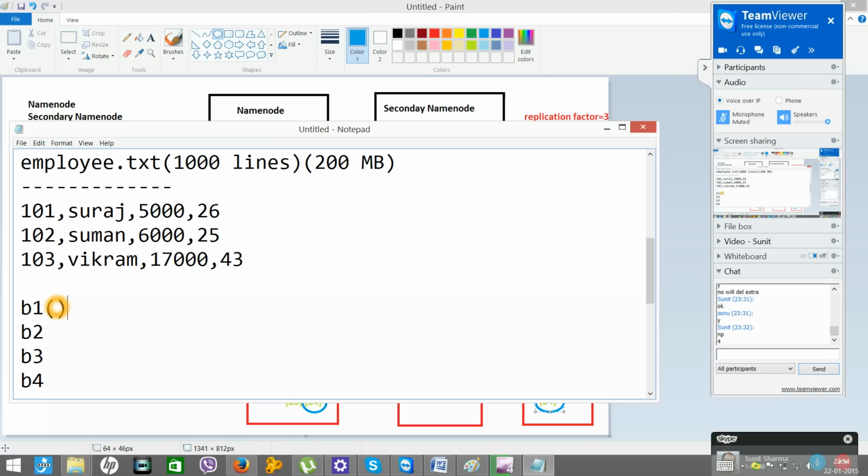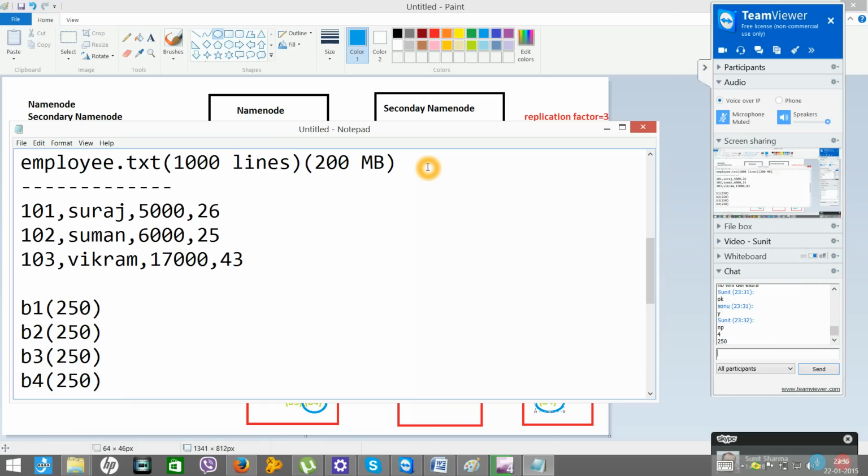In each block, what will be the average number of lines? 250, 250, 250, 250.